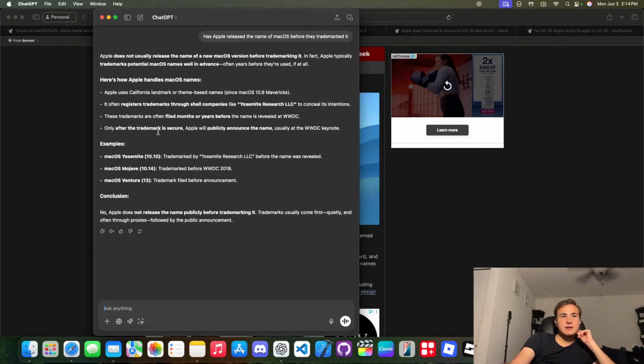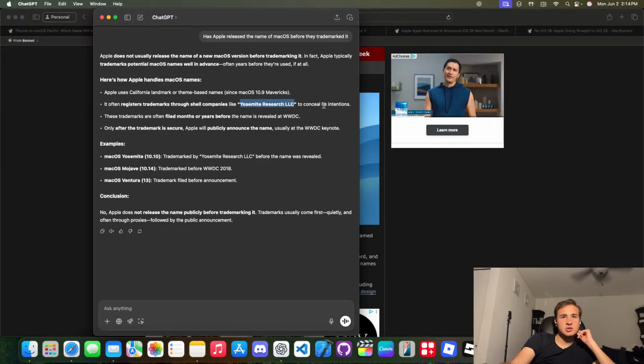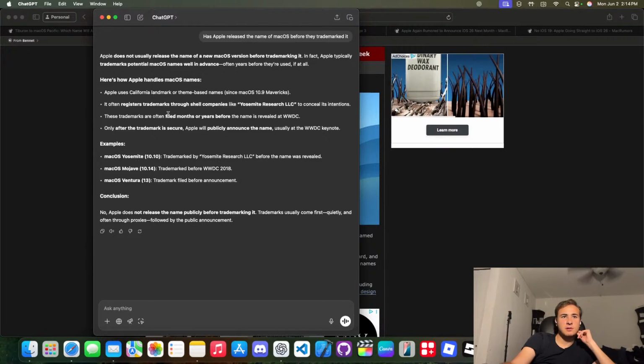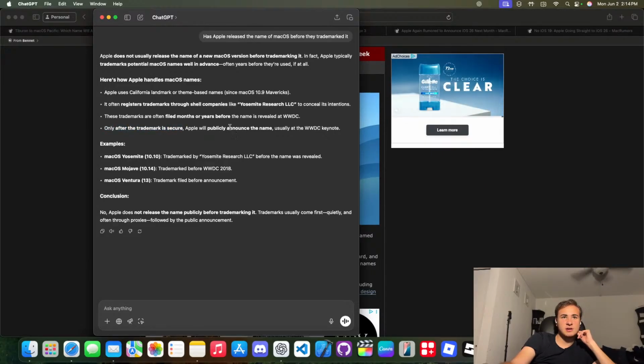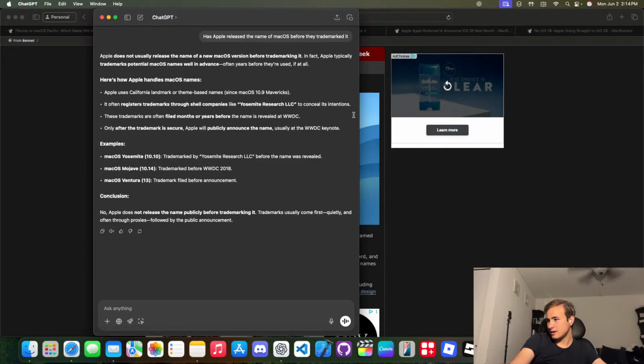macOS Yosemite. Oh, wait. It often registers trademarks through shell companies like Yosemite Research LLC to conceal its intentions. These trademarks are often filed months or years in advance before the name is revealed at WWDC. Only after the trademark is secure will Apple publicly announce the name, usually at the WWDC keynote.